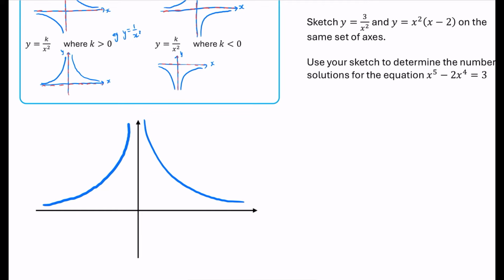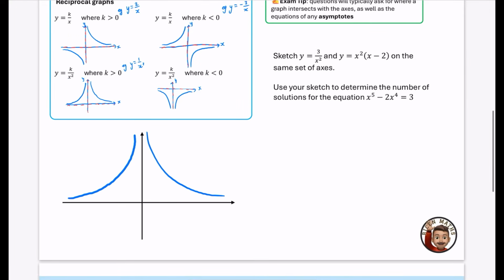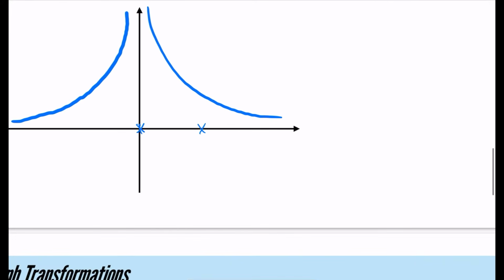Not too bad. And then the next one we're going to do is x squared (x minus 2). So it is a cubic, so it's going to be this kind of shape. And we've got a repeated root at the origin here, and we have another root at 2 like this. So putting that all together, and I'll do this in a purple color,